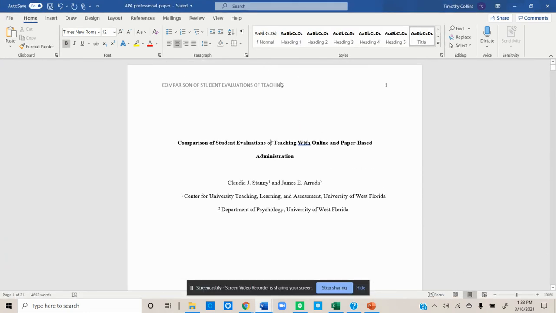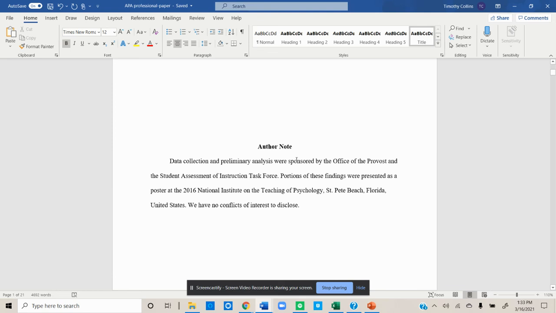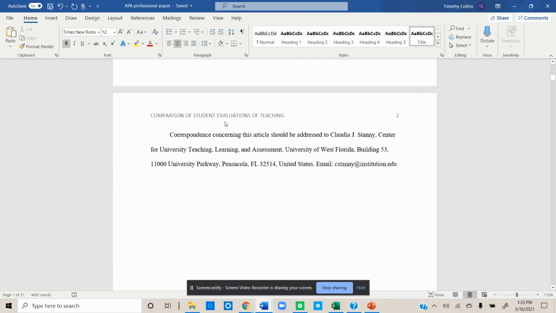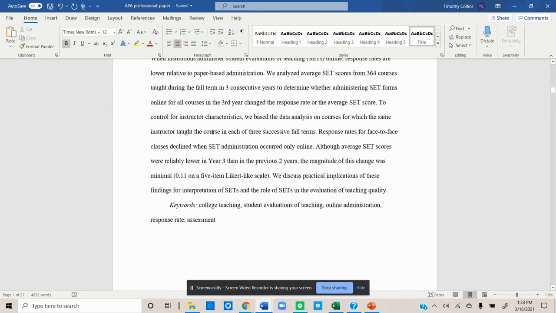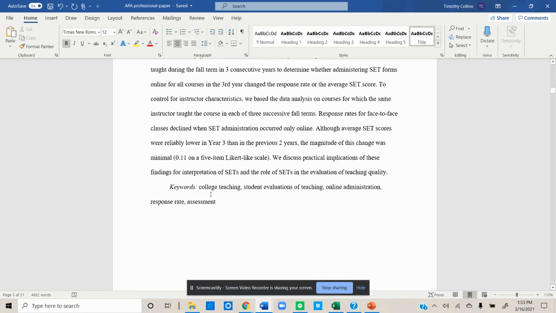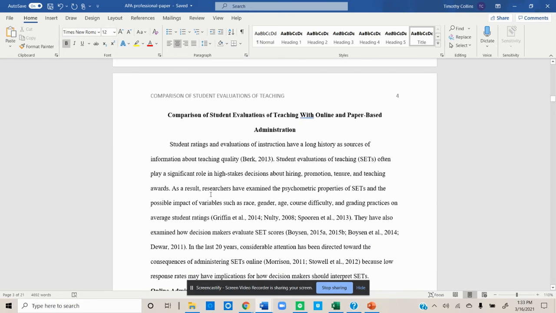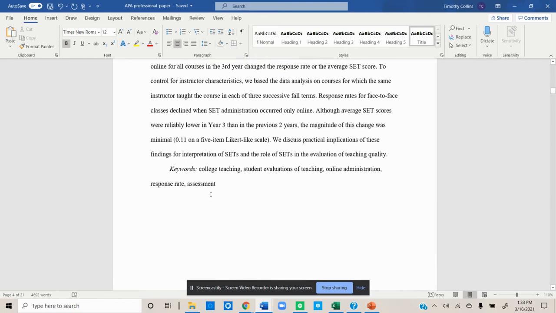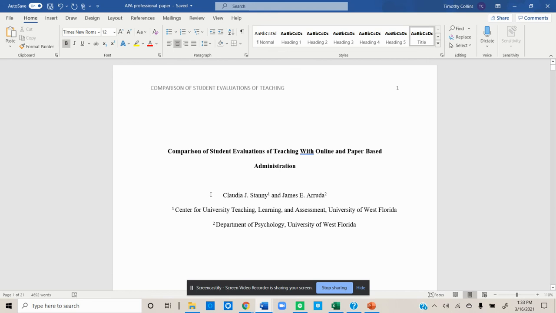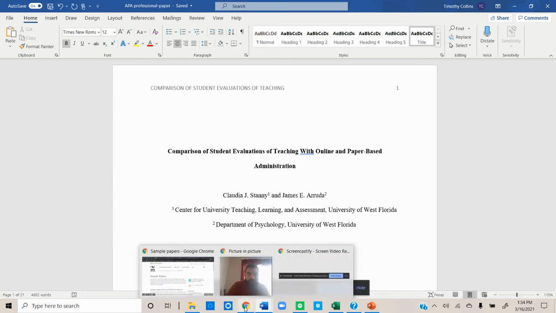And so you see up in top, this is what's called the running head. And you'll also see this author note. And you'll also see there's a thing for correspondence. How would you get in touch with the author? Then there's an abstract with keywords on the next page. And then you start the essay. So a lot of that stuff, then everything else is the same. A lot of the reason why they have those things is just because these are things you need to include in a professional paper that's submitted